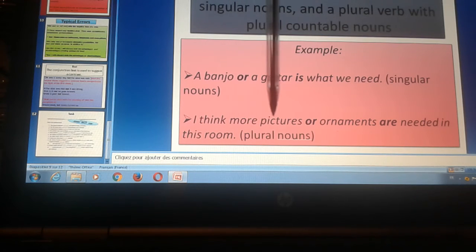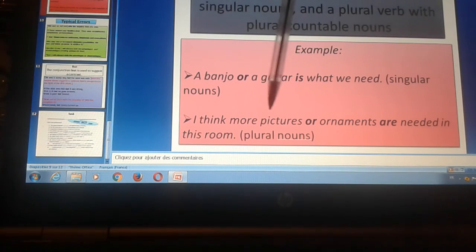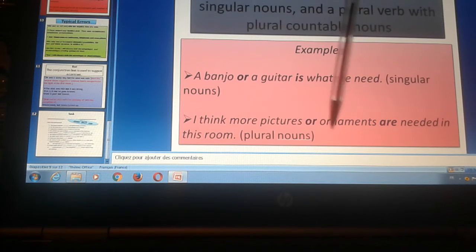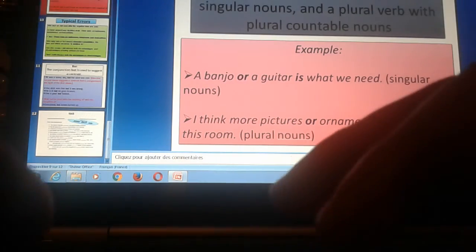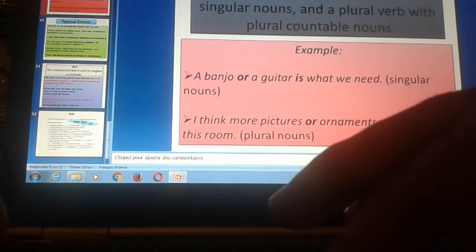I think more pictures or ornaments are needed in this room. So these are plural nouns. As you notice here, I think more pictures. We have here pictures, a plural noun, or ornaments, also a plural noun. Here I'm going to use the verb to be in the plural. So now let's go to see another